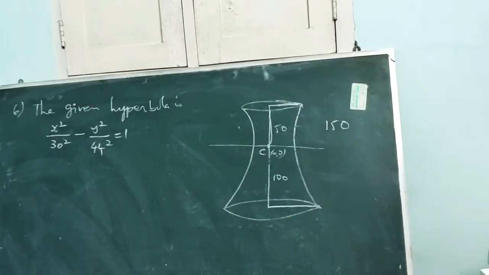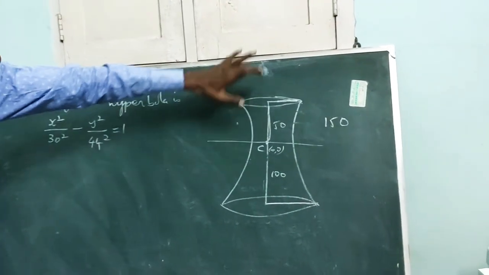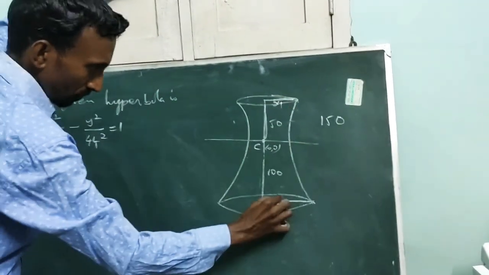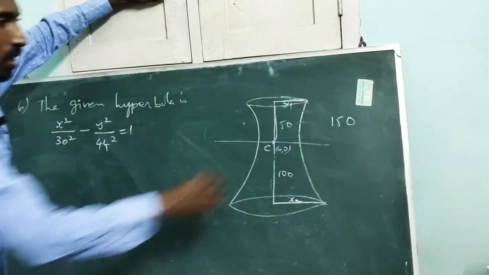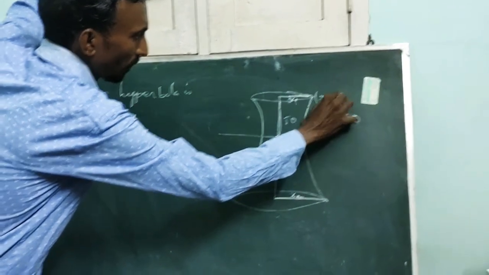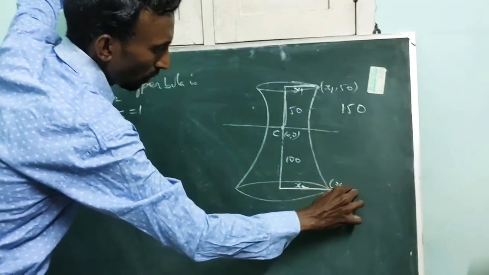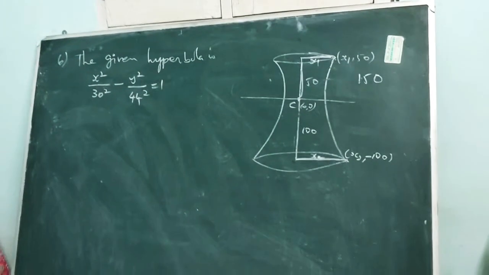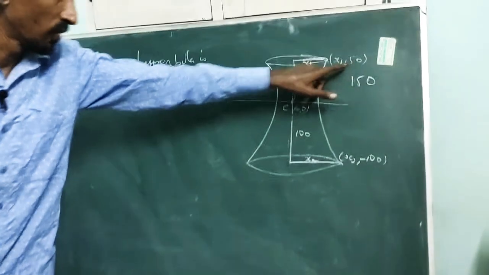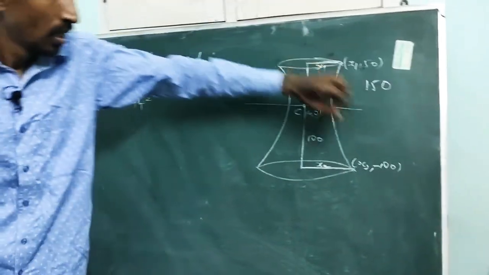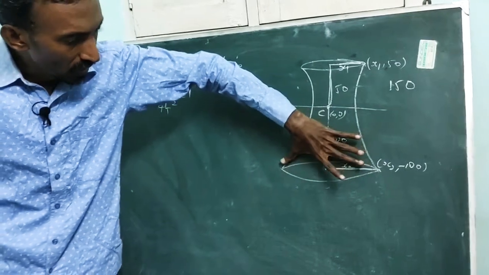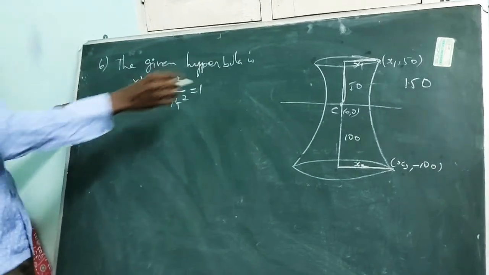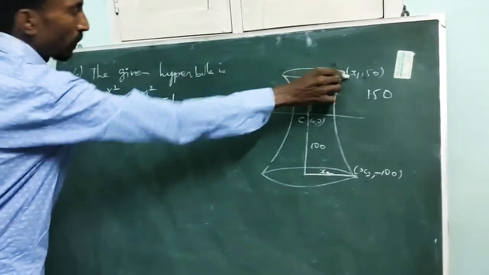They are asking the diameter of the opening at the top and the bottom. Assume the radius at the top as x1 and the radius at the bottom as x2. Obviously this point is x1 comma 50. This point is x2 comma minus 100 because it is y negative below. Okay, so now the question is, when y equal to 50, what is 2x1 because diameter. Similarly, y equal to minus 100, what is diameter? Our aim is to find out 2x1 and 2x2. Okay, now this point lies on the hyperbola, replace it here.